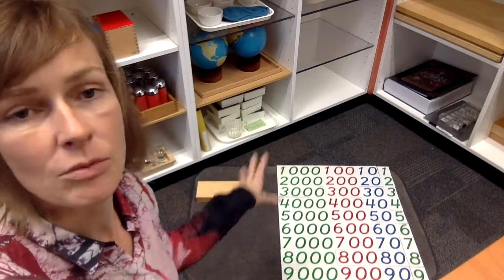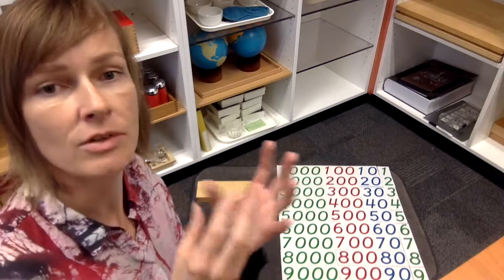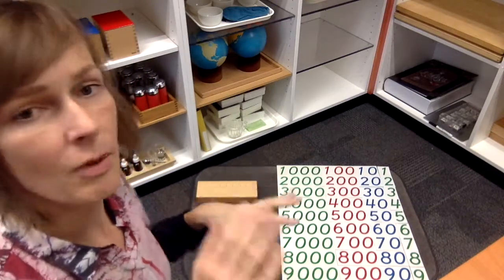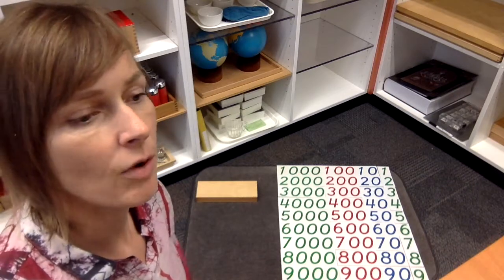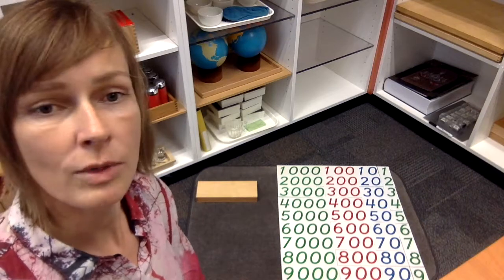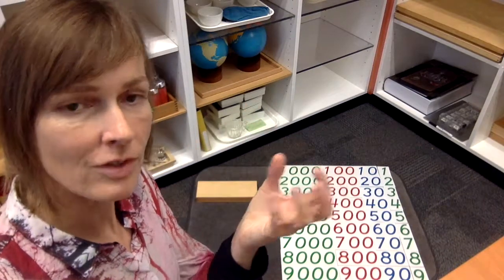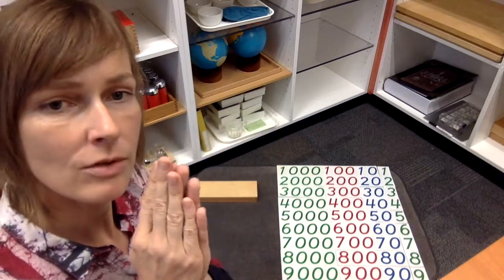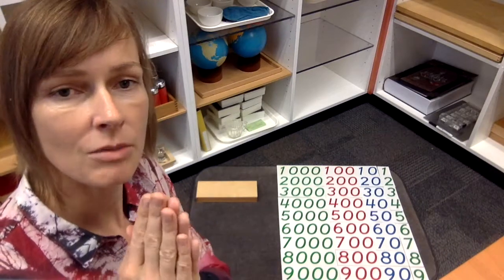When doing this and moving on, you'll be connecting it with something you've given to the hand first, which is a golden bead material. Round about at the same time, just before, the child would have done the box of 1, the box of 9, and now we can move on to the bring me game. So those two parts, give it to the hand first, then give it to the eye, which is the abstract. You're going to combine those two together in the bring me game, which will lead to further mathematical